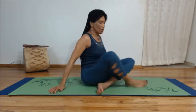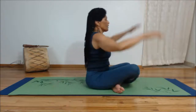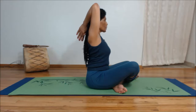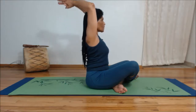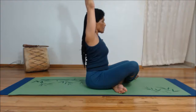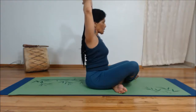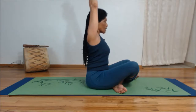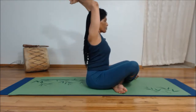I'm going to turn this way so you can see what I'm doing. But you bring your palms down towards the floor. Pull your shoulders down and straighten your elbows. Take a deep breath. Bend your elbows out. Exhale, push up. Palms together here. Push your chest to the sky and bend going